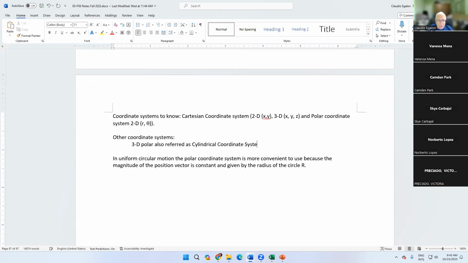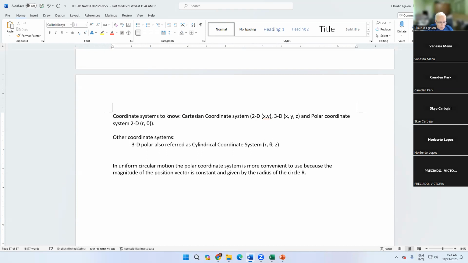In the cylindrical coordinate system, we have r, theta, and z. So the cylindrical coordinate system is just z combined with r and theta. And then another 3D system, the 3D spherical coordinate system,